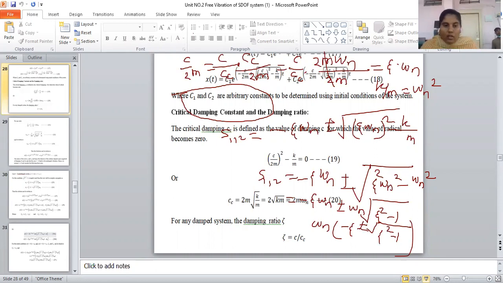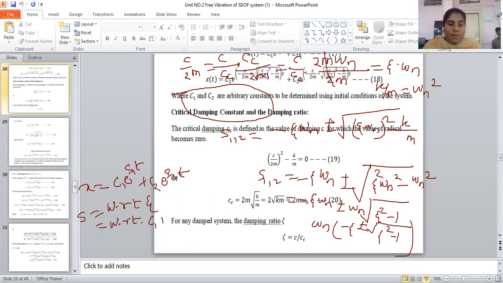And already we know our equation is x is equal to c1 into e raised to s1t plus c2 into e raised to s2t. But now we have replaced the roots with respect to zeta. In the last condition, it was with respect to c and m. Now it is with respect to the zeta value, and henceforth in this equation we have to go for the solution in terms of zeta. So I hope all of you have understood. Please write this down fast so we can move forward.